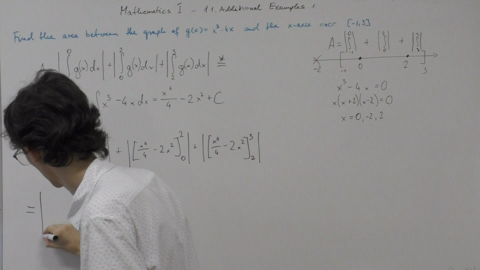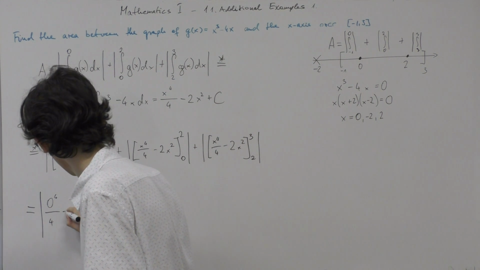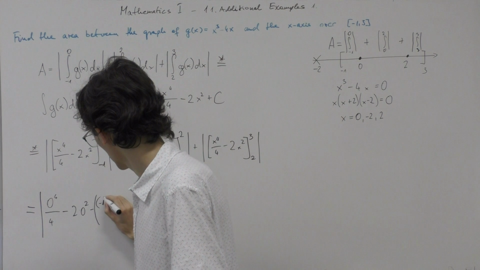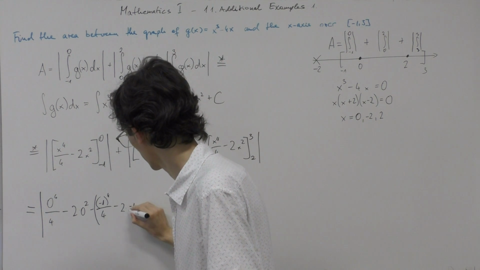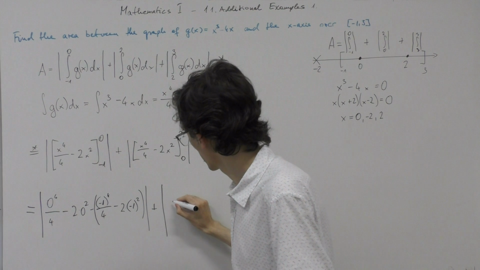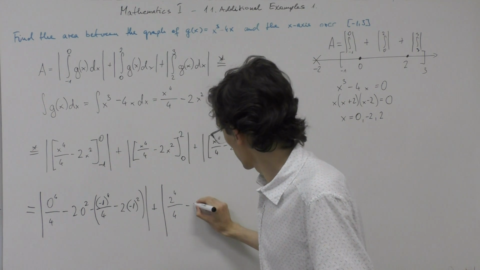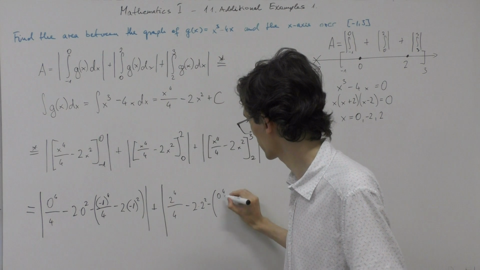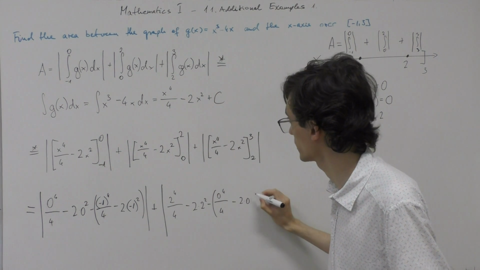So now here we have the absolute value of 0 to the 4th power over 4 minus 2 times 0 squared, minus (-1) to the 4th power over 4 minus 2 times (-1) squared, plus the absolute value of 2 to the 4th power over 4 minus 2 times 2 squared, minus 0 to the 4th power over 4 minus 2 times 0 squared,